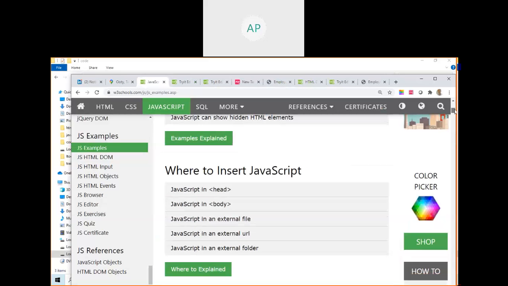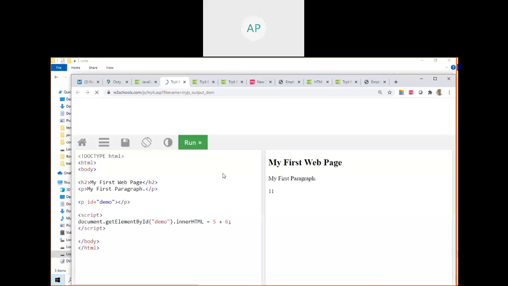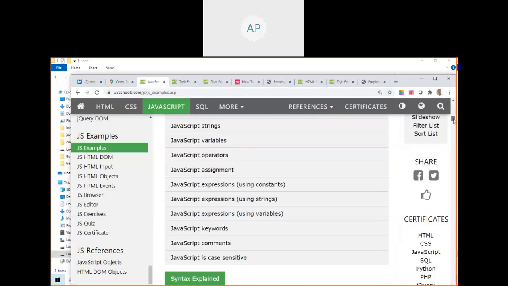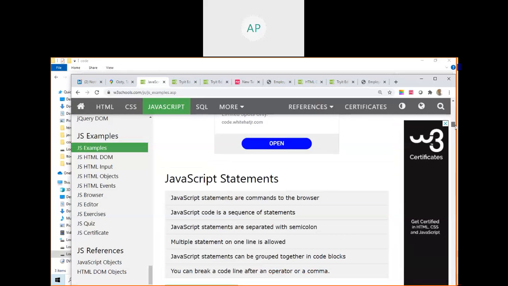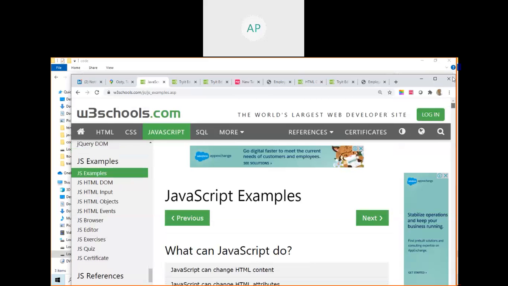So go down a little bit. Insert JavaScript in head, body, or as an external file. This one we are using; don't use the other things. JavaScript output: writing into the browser console, alert, window alert, writing into an HTML element. See how to write this. Here document.getElementById innerHTML, 5 plus 6 is, so it comes here. You can also see some other JavaScript expressions, statements and commands in the browser, single line commands, JavaScript